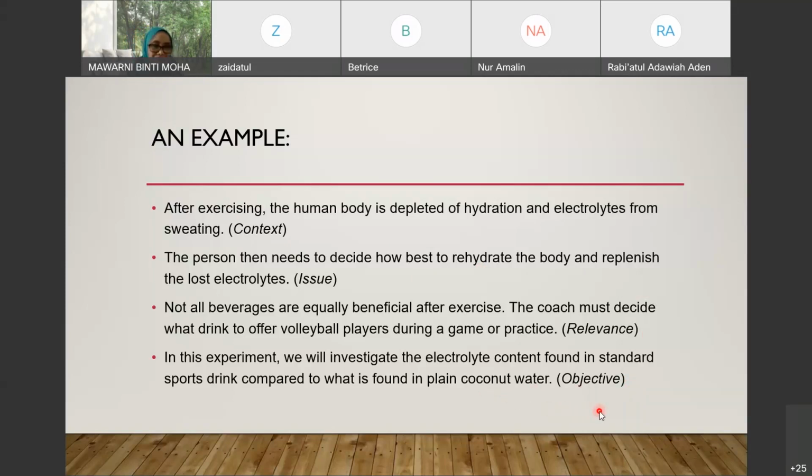What do you think? Any PJK students here? What do you think the research is about? Can you come up with an example of a topic or title of this research? I'm happy if there are some responses and feedback. Okay. Maybe the effects of dehydration after an intense exercise. Okay, thank you, Fazrul. The effects of dehydration after intense exercise. Yes, good.